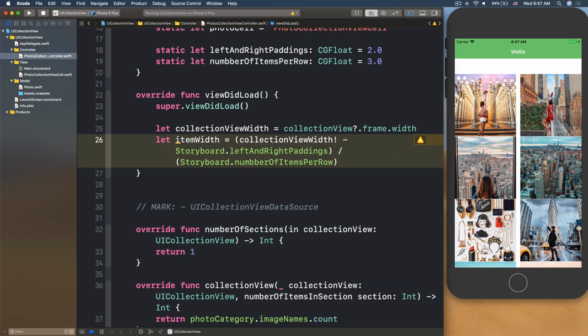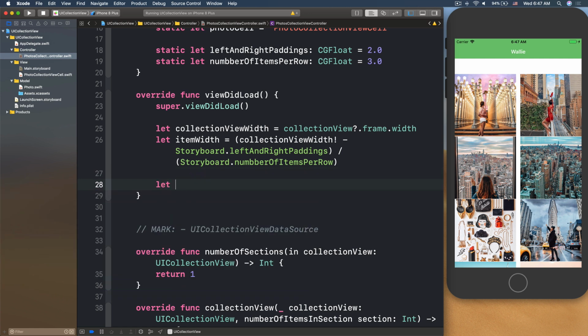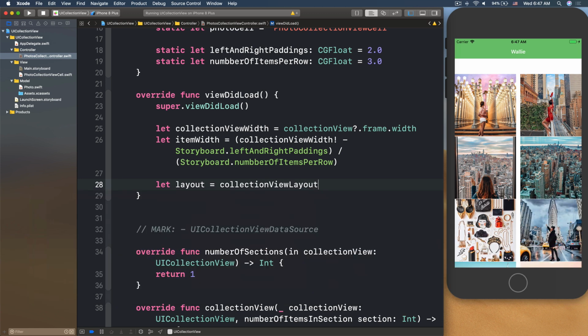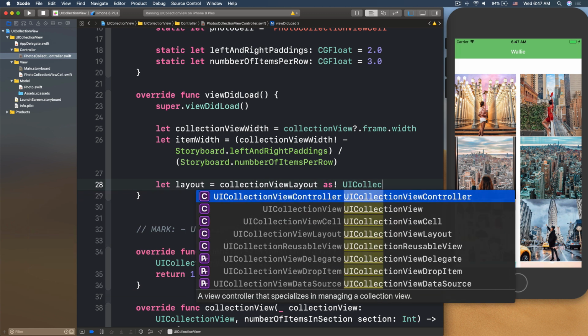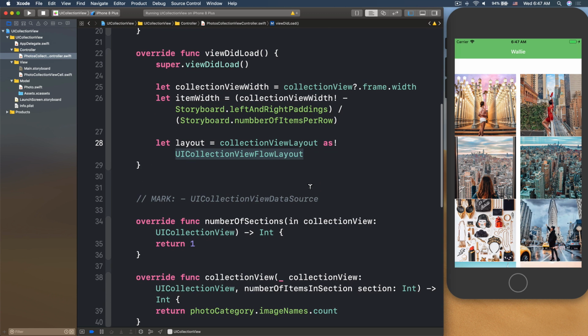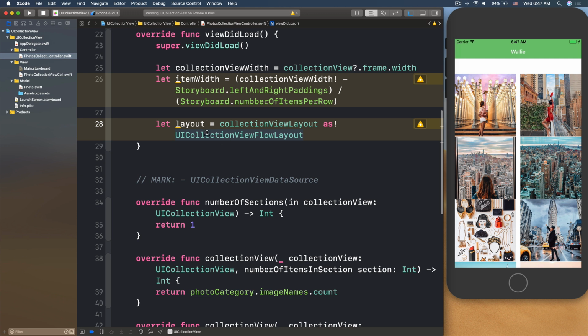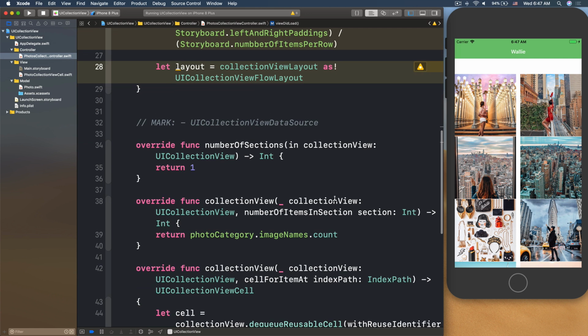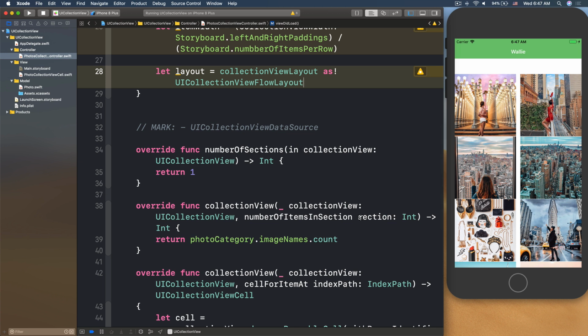Okay. So here, let's get the layout object, layout to be collection view layout. We cast that as a UICollectionViewFlowLayout. Now, this is the default layout object, the collection view flow layout. Later on in other episodes, maybe we'll have an episode where I will share with you how to subclass the collection view layout to create your own concrete class of collection view layout. And then you can have really fancy things like animation. You can drag and drop around the